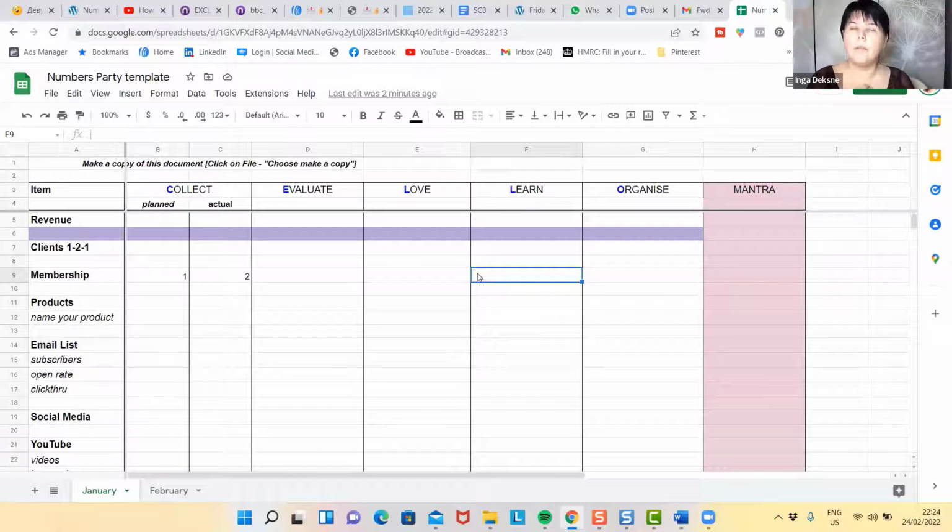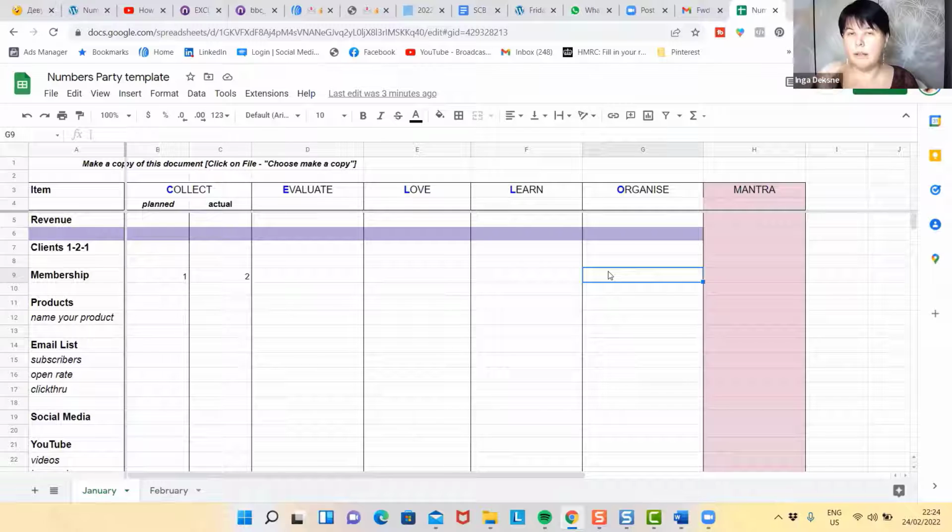In your emails, you will have information about business growth days that we organize inside membership. You will also get some free demo days to experience membership. So I know that I need to organize more of them or talk more about the membership. Maybe I haven't posted enough. So this is the learning stage where you evaluate what you can do next, and then you organize.